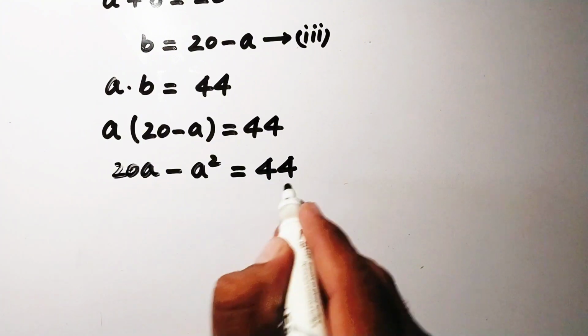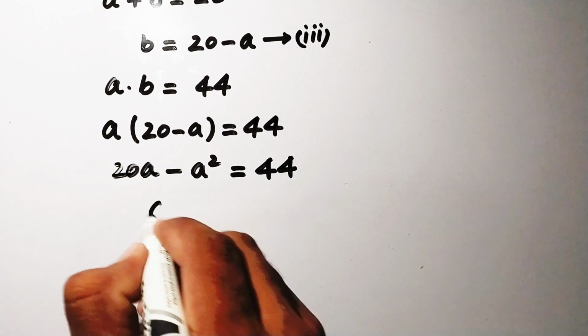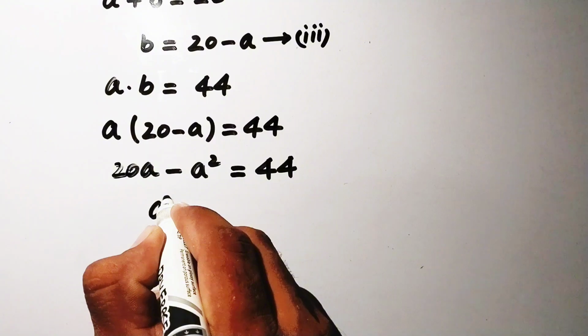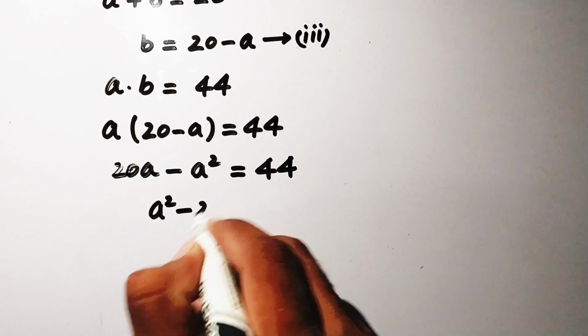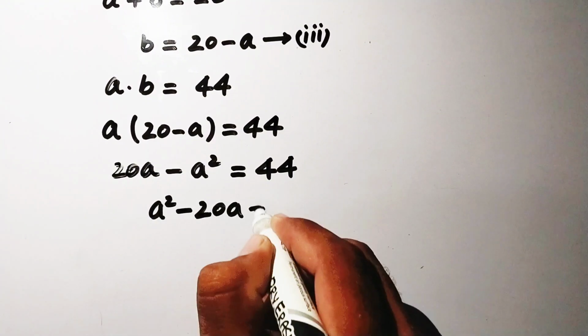Now taking these values to the right hand side, here will be positive a square minus 20a plus